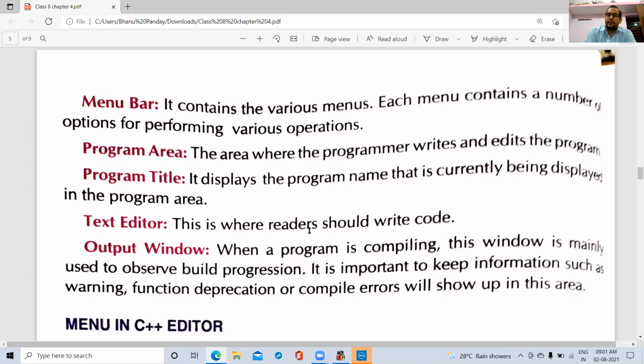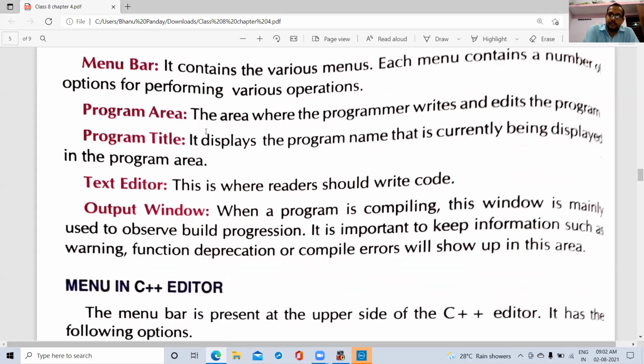This is where readers should write code. Output window. When a program is compiling, the window is mainly used to observe build progression. Means once the program is compiling, during the compilation time, the program may show errors or warnings. It will display here in the output window.